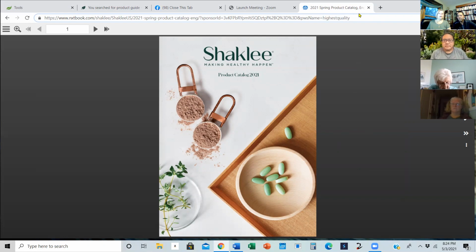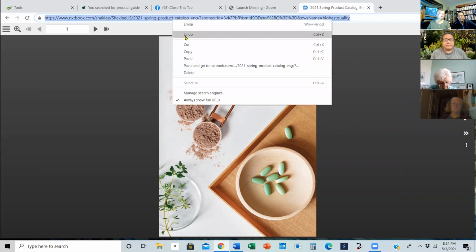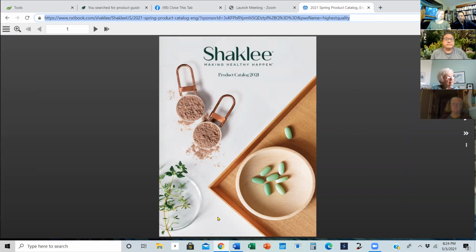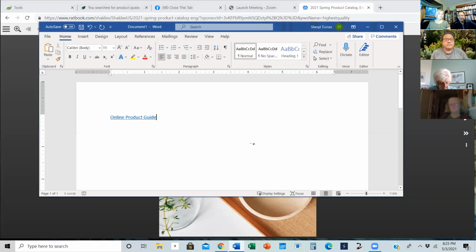So guys, you saw how I highlighted the whole thing. Then you right click, go down to copy, or Control C, but I like doing it with one hand, whatever else you're doing. If you're doing something with Safari, an Apple product, then you have to learn some other way.